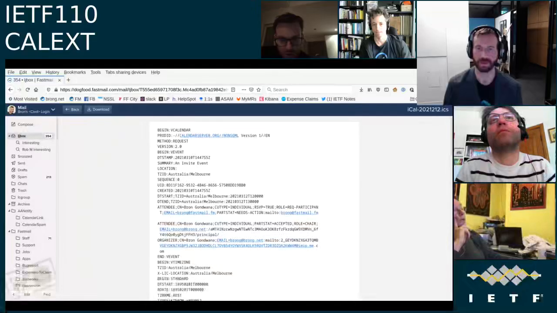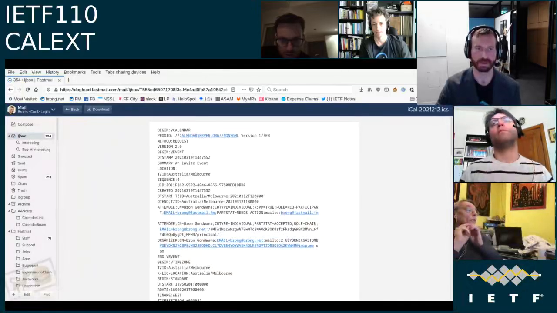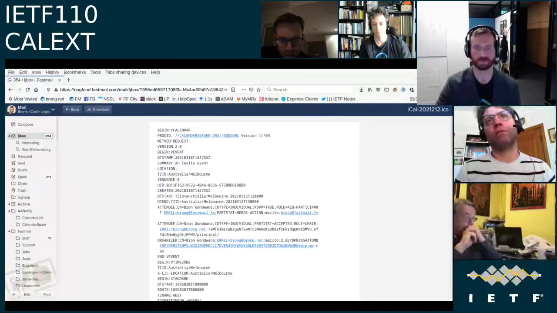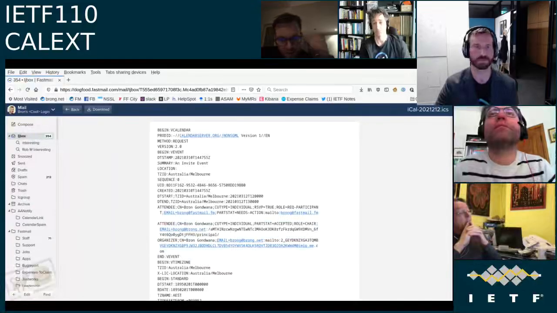Apart from the fact that those would both map to a single send to with a single component. In the organizer's case, it would be IMIP mail to, and in the attendee case, it would be other. Here's a URI, we don't know how you would route to this. That would map cleanly and round trip back again as well. Cool.